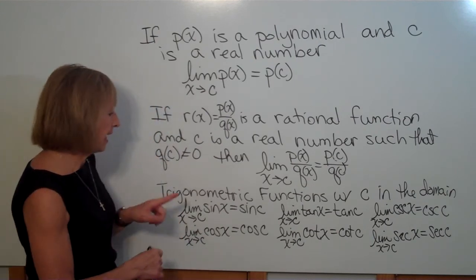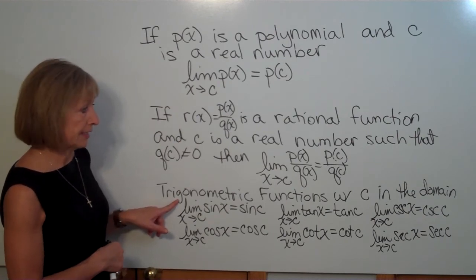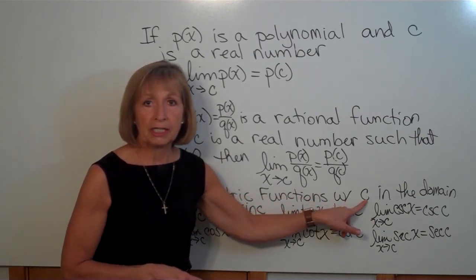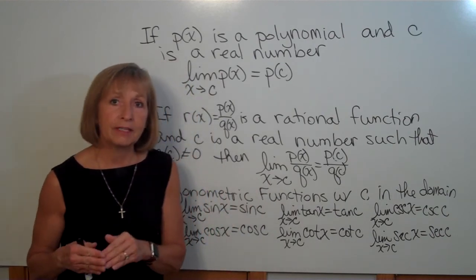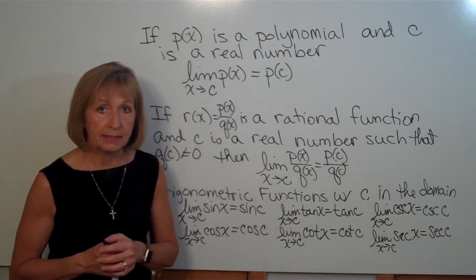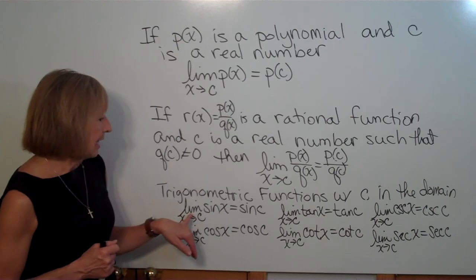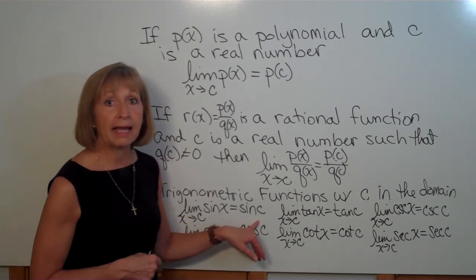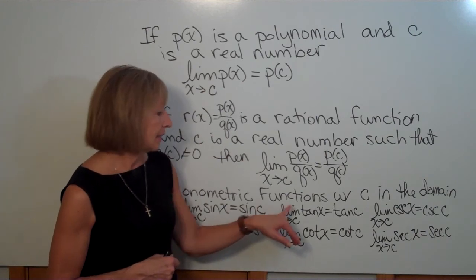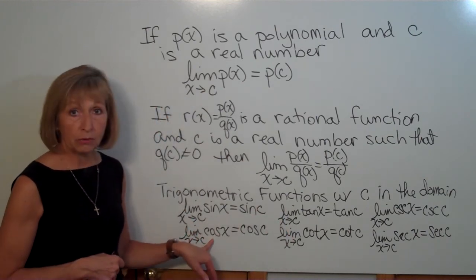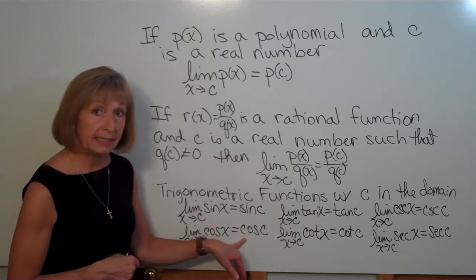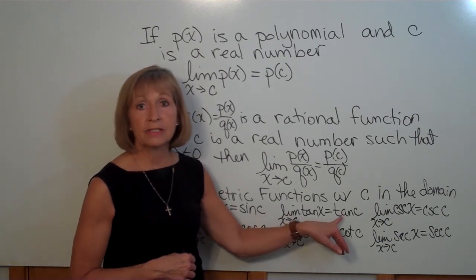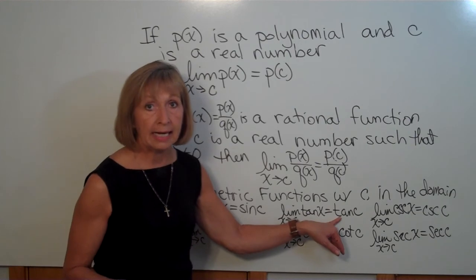Also, we have that for trigonometric functions, if c, the value that x is approaching, is in the domain of the given function that you're taking the limit of, then the limit as x approaches c of sine of x is just sine of c. The limit as x approaches c of cosine of x is just cosine of c. The limit as x approaches c of tangent of x is just tangent of c as long as tangent of